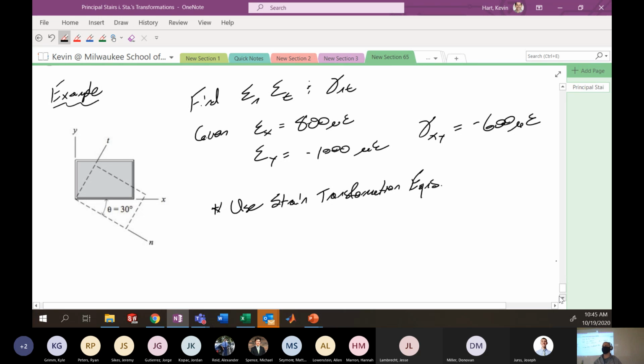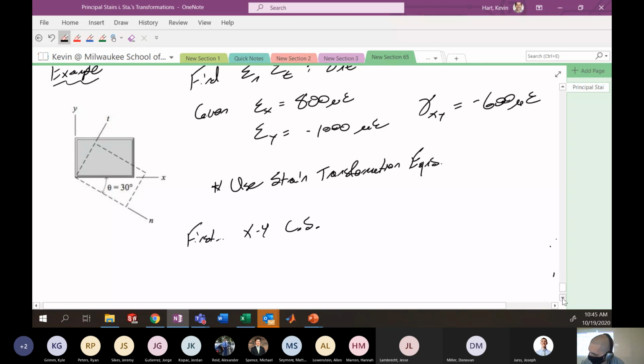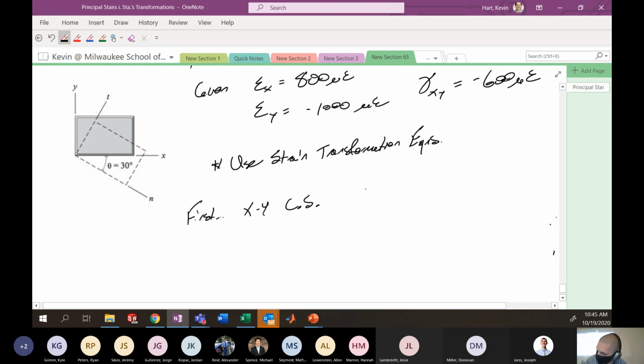Okay, but first I actually want to show what this element looks like in the XY coordinate system, undeformed and deformed, just so we get a general sense, and then equations on Wednesday. So for undeformed, we basically have a square of material. Maybe I'll blow that up a little bit. It looks like this. Okay, so this is my undeformed configuration.